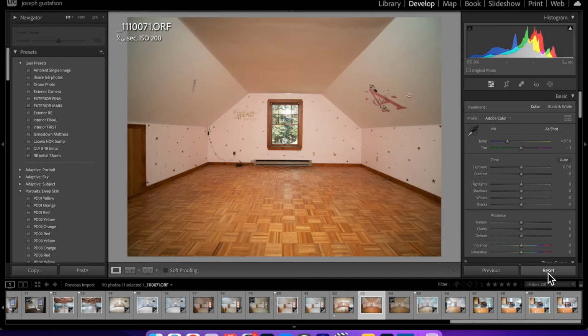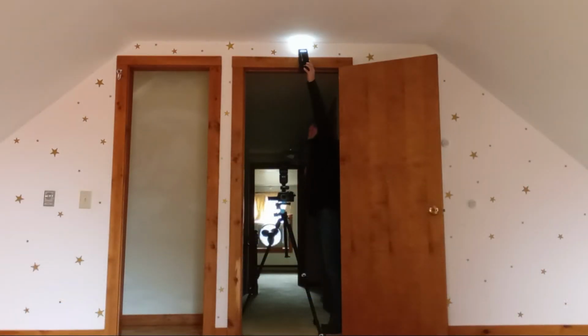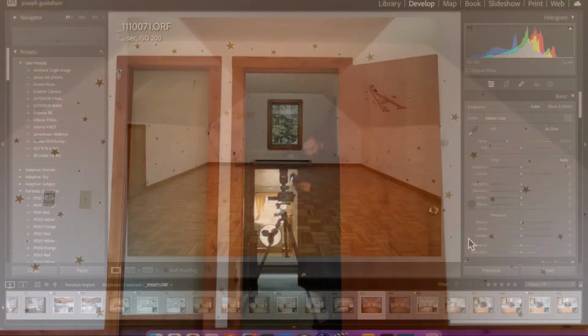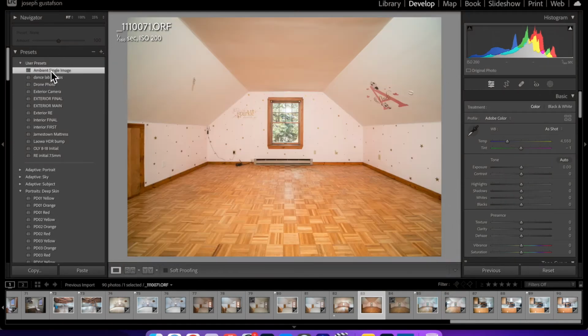Let's reset this to show you what it looks like. And I'm going to show you right here. Here is a quick video on exactly how I position myself and what it looked like looking from that window towards the camera. Okay, so now that you see how I lit this, we're just going to go over, do my flash bump